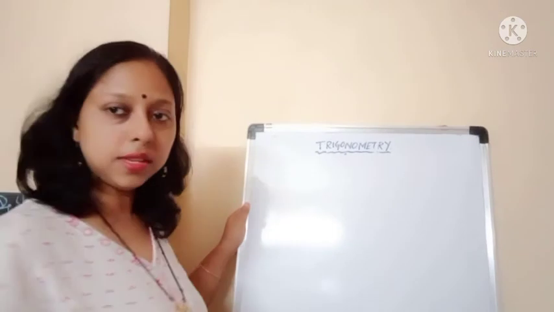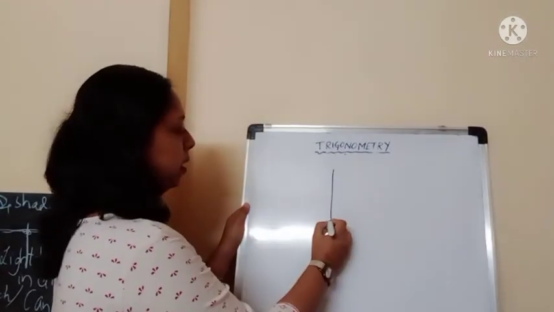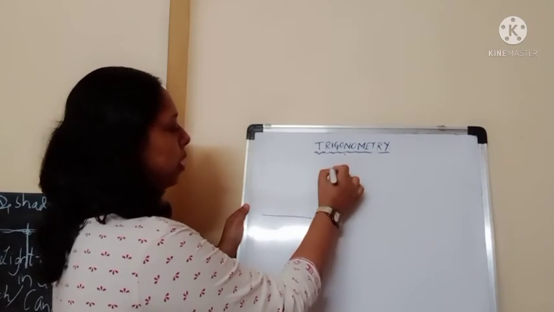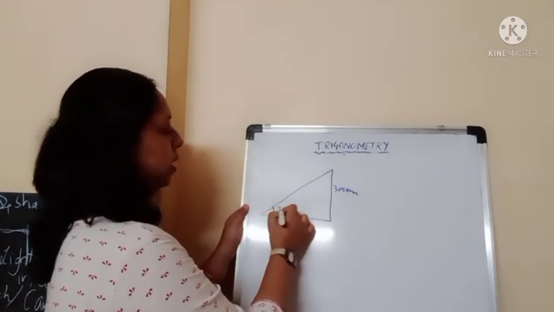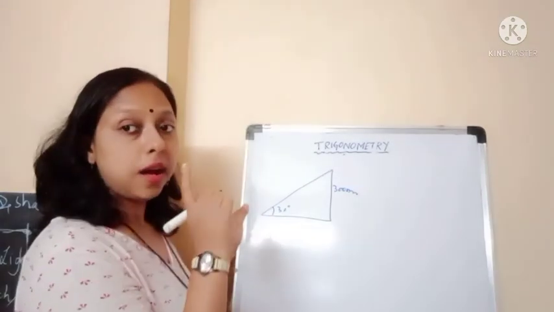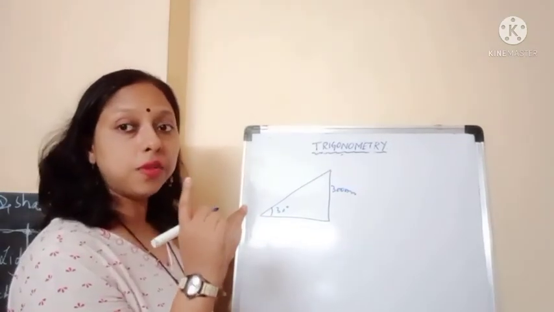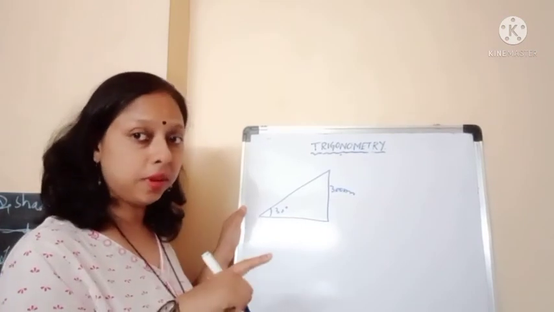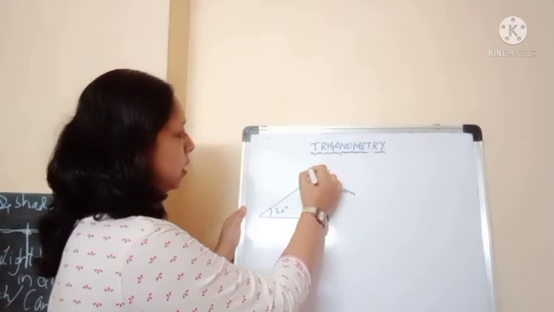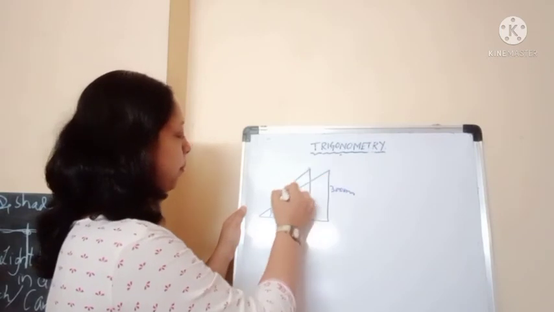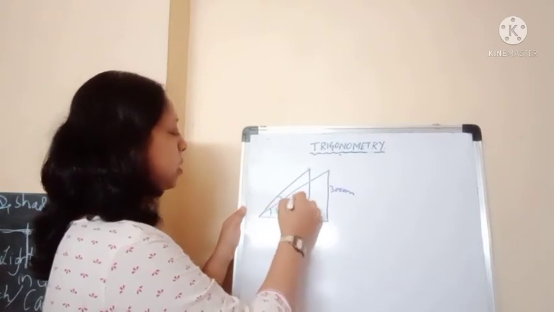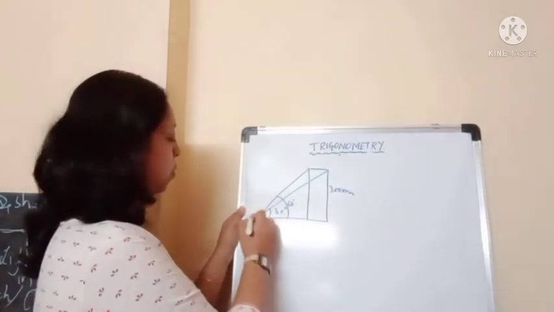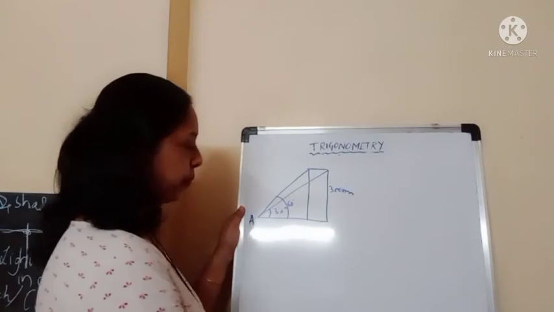Draw the diagram first. Now the plane is at a height of 3000 meter. From the point of observation, the angle is 30 degree. Now after some time, after 6 seconds, the angle of elevation becomes 60 degree. That means the plane has moved nearer to the observer. So let's take this distance to be like this. So this is now your 60 degree. So this much distance the plane has moved. So the point of observation, let it be A.